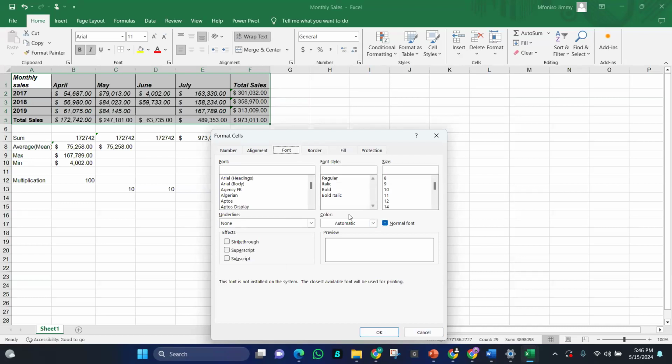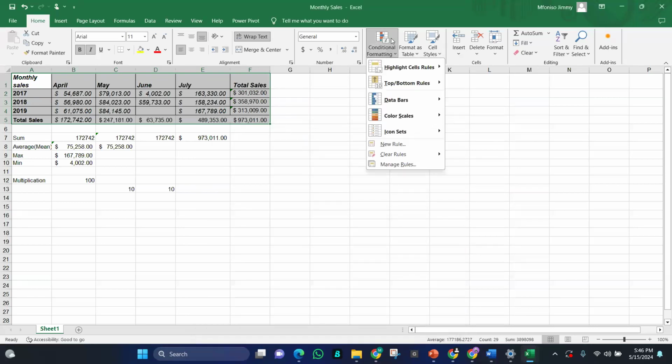This takes lots of time and gets complicated for someone just starting. So I will advise beginners to just move to conditional formatting and format it the way you want it.